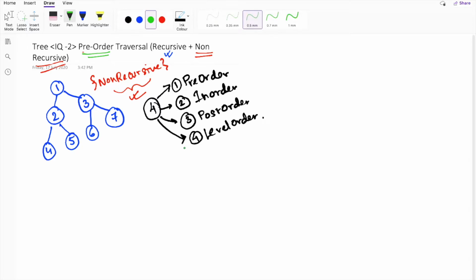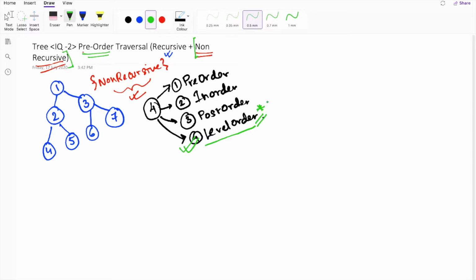In our previous video tutorial, we explained the level order traversal in great detail. If you have not gone through the video of level order traversing, I will highly recommend you to go through that video first, because without understanding level order traversal, you will not understand the non-recursive way of solving the program. This non-recursive way of solving this problem is highly dependent on the level order traversing.